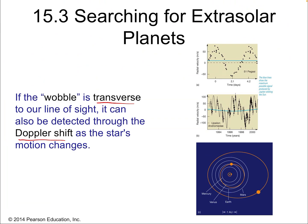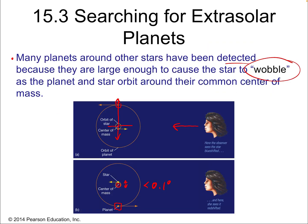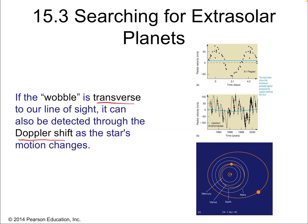through the Doppler shift. Okay, so I want to make sure I explain those ideas because this right here would be a perpendicular wobble, right? So it's perpendicular to our motion, but a transverse wobble would be back and forth, right? So if the observer is here, right, here's the eye, the wobble then is towards us and away from us. So we can't see that in an optical sense because the star is not moving up and down or side to side. But since the star is moving away and towards us, colors of light from known elements, very well-known